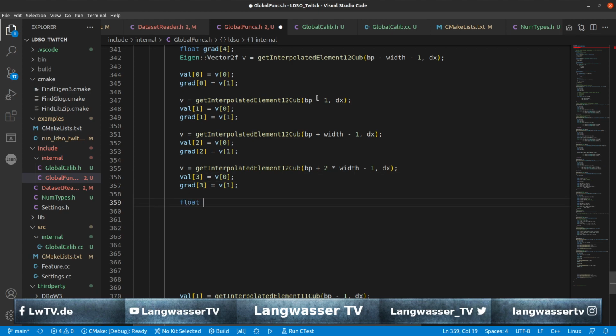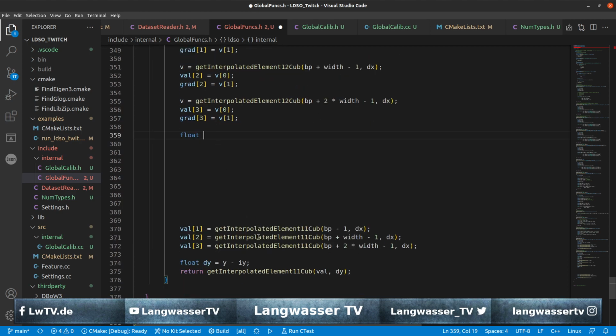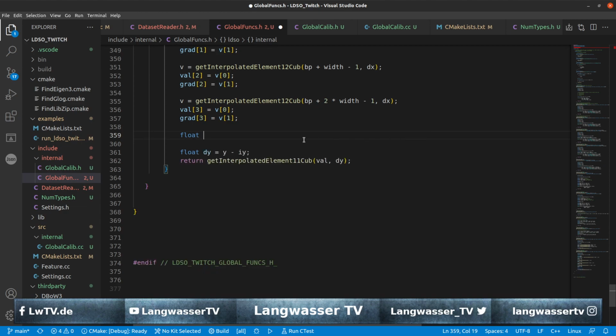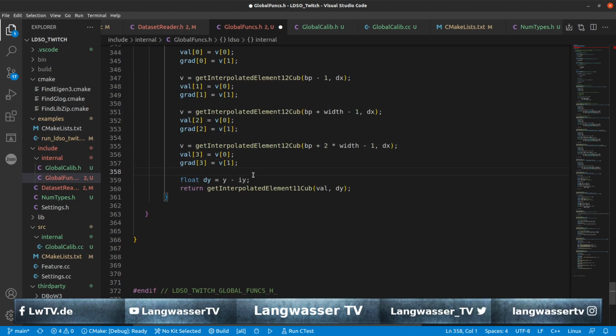And then we calculate float d, I think I have it here. Let's get rid of that. Then we calculate dy is y minus iy, and we calculate another v. V equals get interpolated element 1, 2 cube of val dy, and then we return